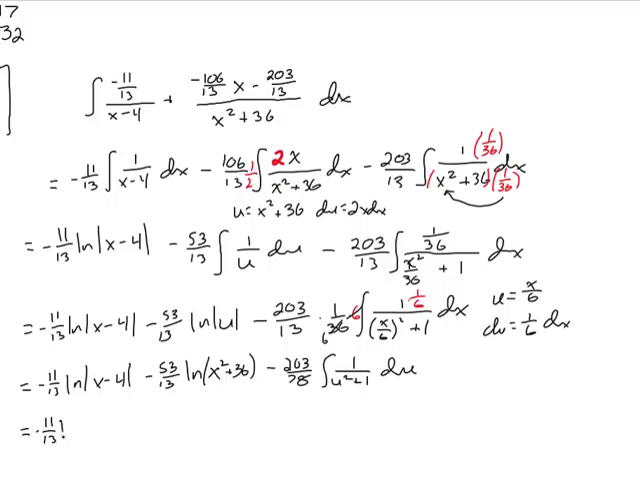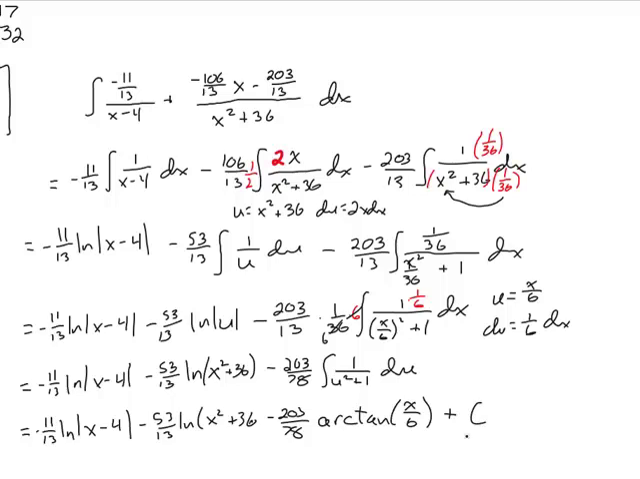Negative 11/13 ln of the absolute value of x minus 4 minus 53 over 13 natural log of x squared plus 36 minus 203 over 78. And this will be an arctan of u. But I'm going to do this in one step since it's the last step. I'm just going to substitute back in the x over 6. And then now I'm going to put in my plus c for the indefinite